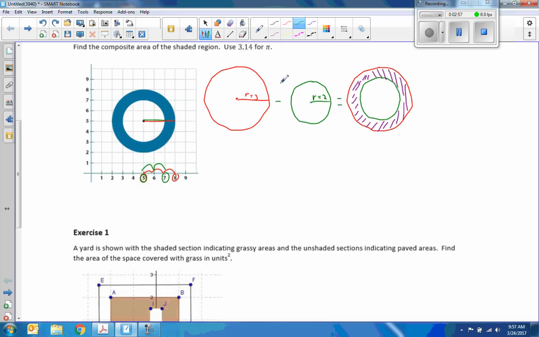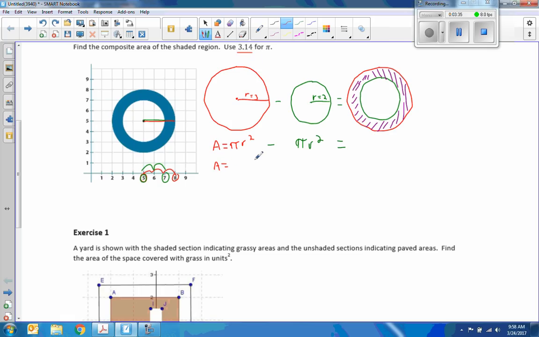So I have two circles. If I find the area of the bigger circle and subtract the area of the smaller circle, I get the difference of the two, which is this washer shape diagram. So let's write our formula. Area equals pi r squared, and we're going to subtract the area of the smaller circle, which is pi r squared, and it's going to equal the area of this. To finish this problem, I'm going to say area equals